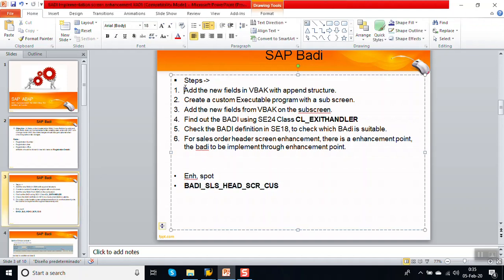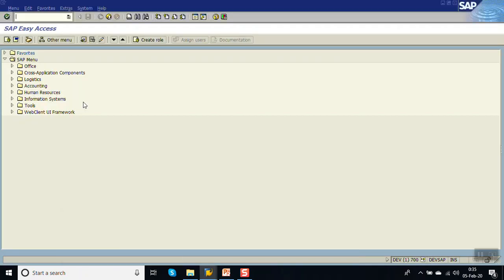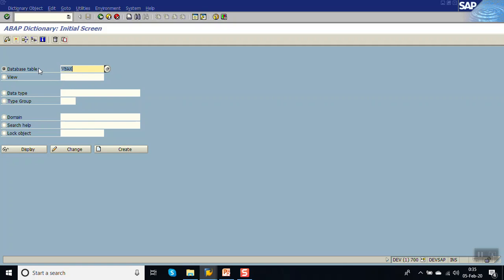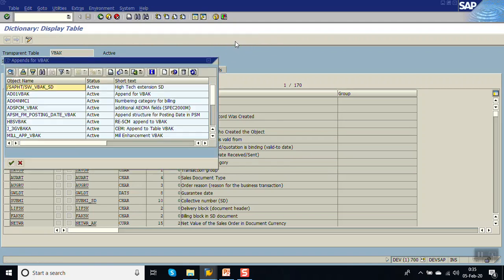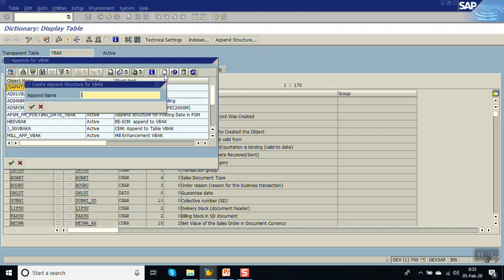So the very first point is adding the new fields into the VBAK structure. Now go to SE11, enter the name as VBAK, click on display, go to append structure, click on create, give the name as ZZVBAK2,